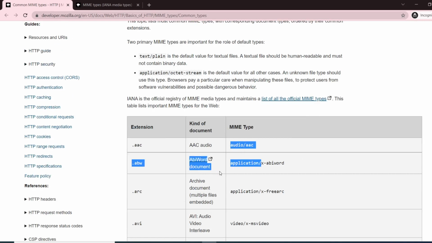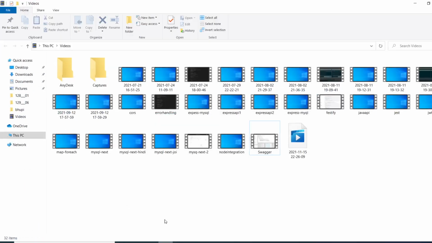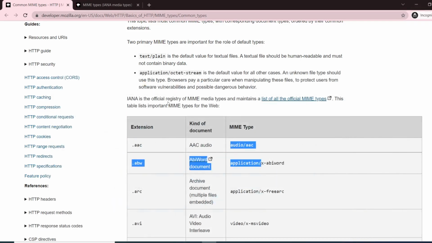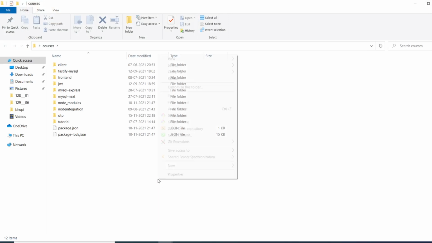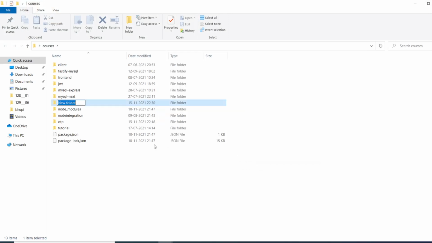For the code, I'll open this folder, not this one. Let me open courses. Here I'll make another folder and name it file name types.